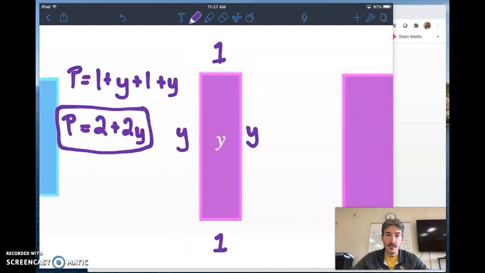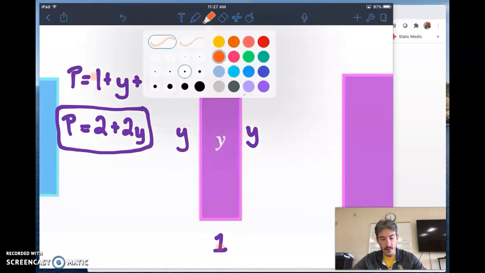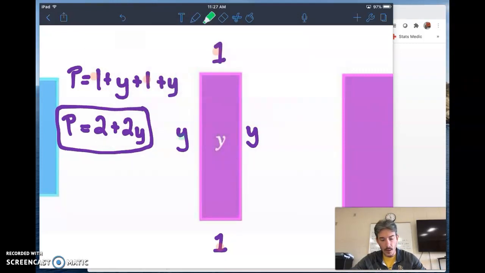All right, ladies and gentlemen, I've got the entire perimeter identified. I've got an expression written for the perimeter, okay? 1 and 1, 1 and 1, right? Let's do it again. y and y on the sides, y and y. But this right here is the question we focused on to start. Is that answer as simple as possible? And no, it was not. That's why we took this and we combined our like terms. We put the 1's together to make 2, we put the y's together to make 2y, and our perimeter is